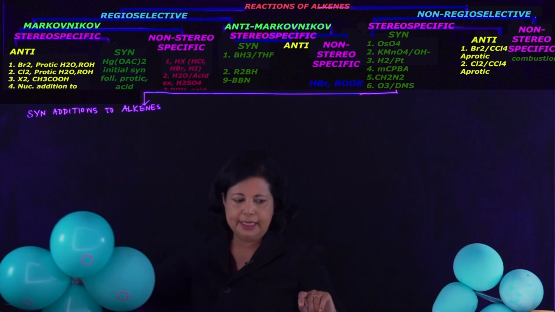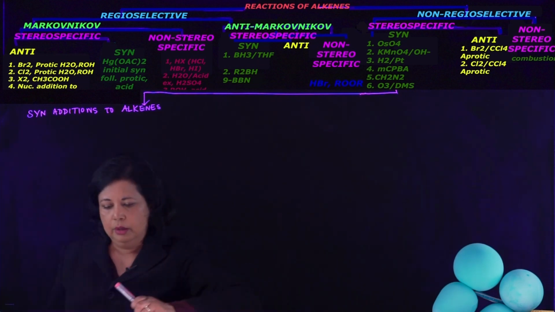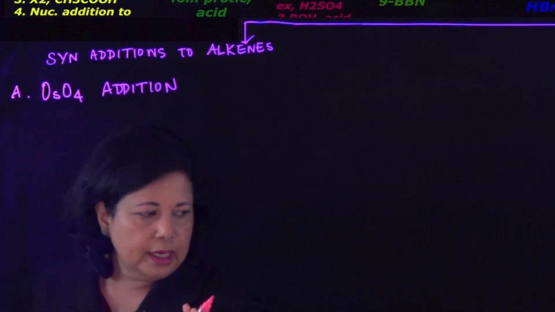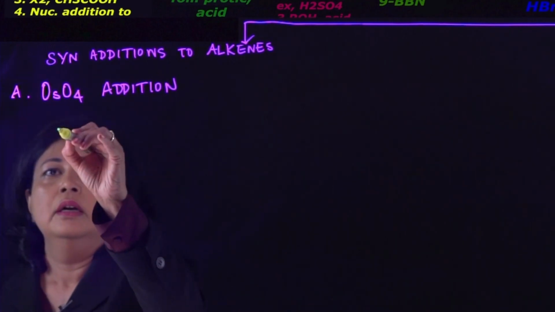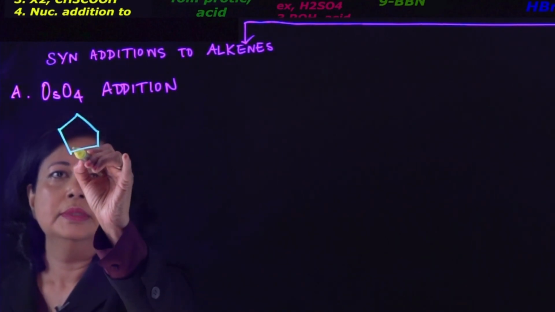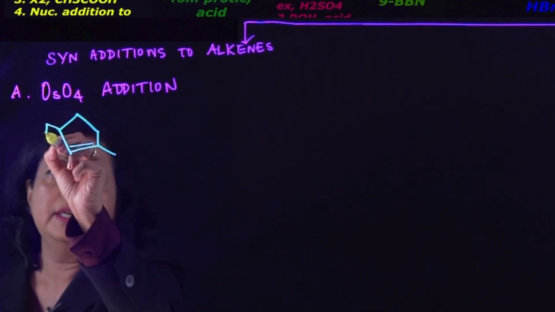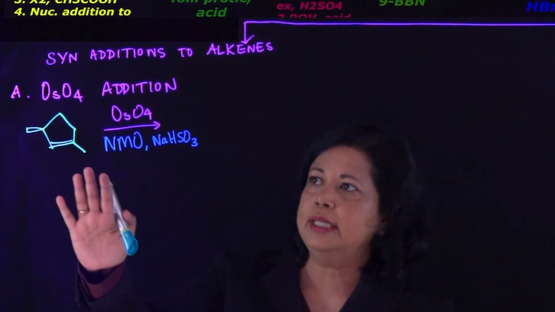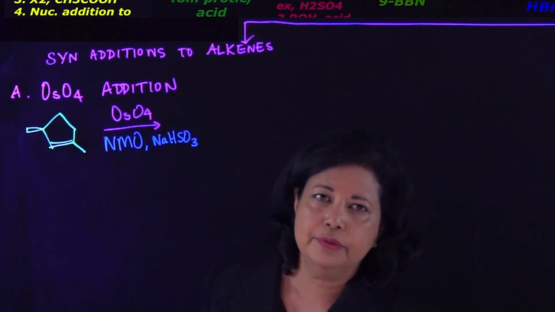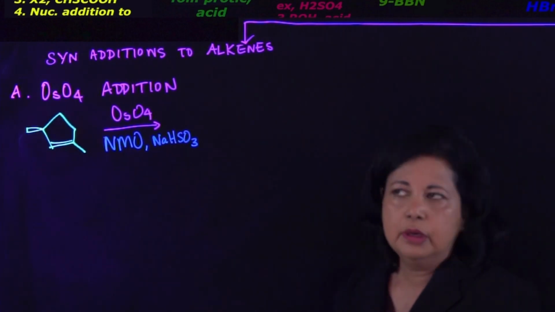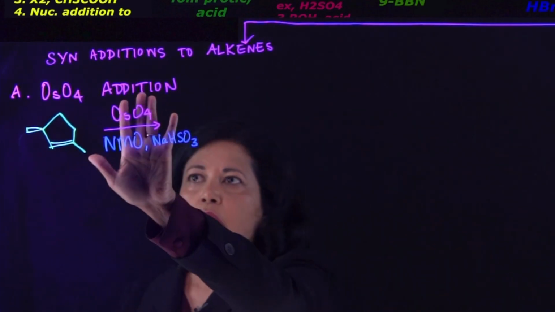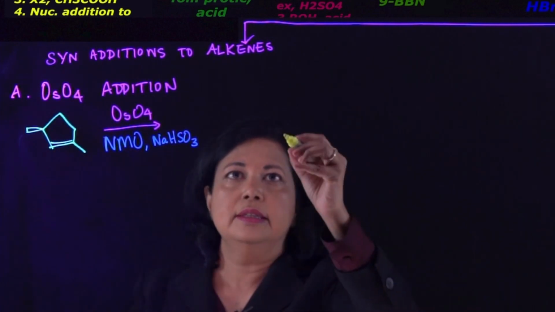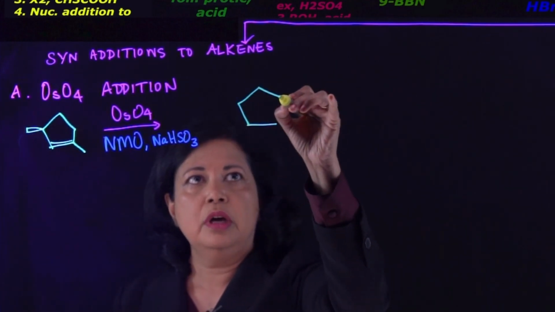All right, let's look at a mechanism with osmium tetroxide. Let's start with a chiral starting material this time. Let's say I have over here already a stereocenter. Let's look at what this chiral compound would do in the presence of osmium tetroxide. As we saw just a minute ago, osmium tetroxide can attack either from the bottom or from the top. So in this case,